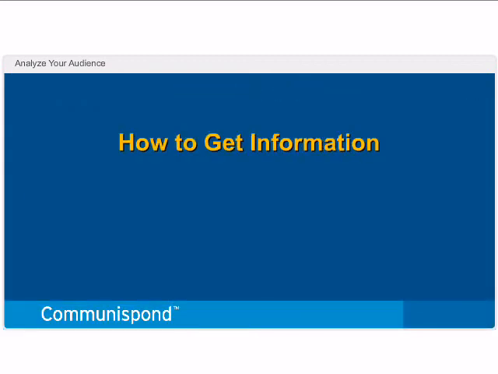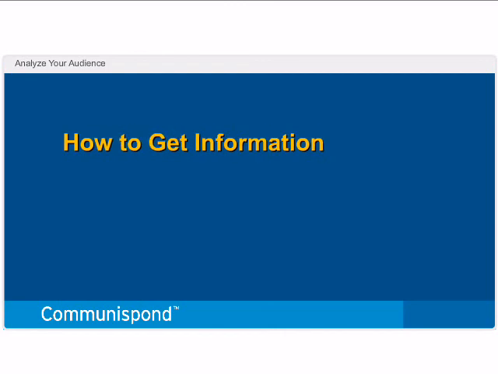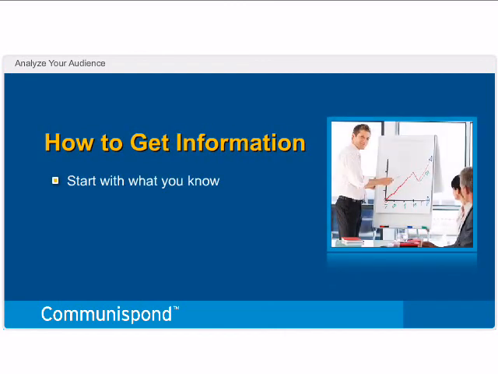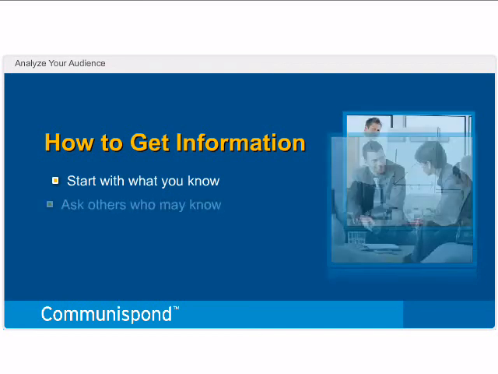So, how can you get the information you need about your audience? Start with what you do know and write it down. What prior interactions have you had with members of this audience? Have you seen these people in meetings? If so, what's their communication style? The smaller your group, the more information you should be able to get. Look for any clues that might tell you something about these specific people.